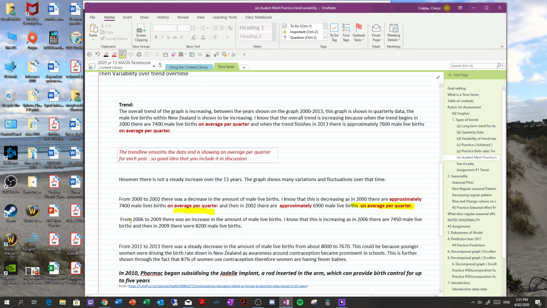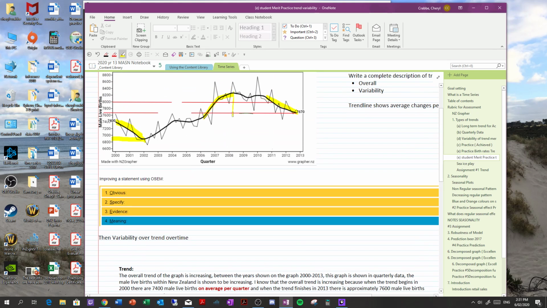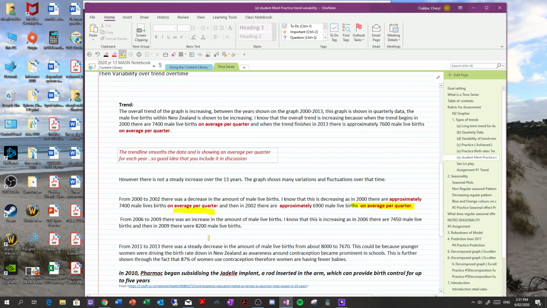The other time, from 2006 to 2009, let's just take a look. There's this steady, and I would say it probably stops around 2008 as opposed to 2009. So sort of here, you've got this going on, right? A fairly steady increase all the way up here. So starting around, I don't know, 2006, somewhere around 7,500 male live births, and it goes all the way up to approximately 8,300 maybe. Again, numbers aren't important because we're approximating, but from 2006, and I would say that's probably more